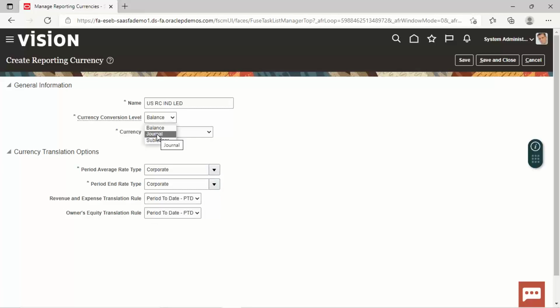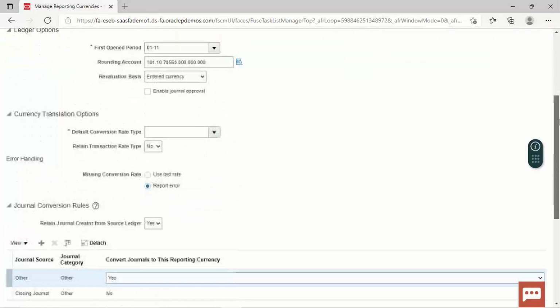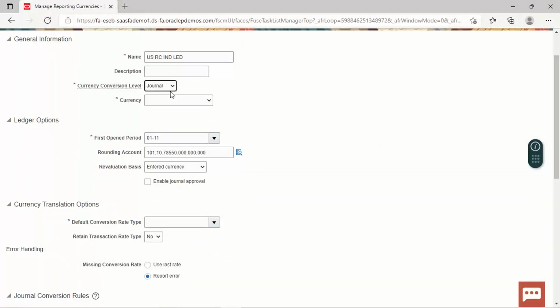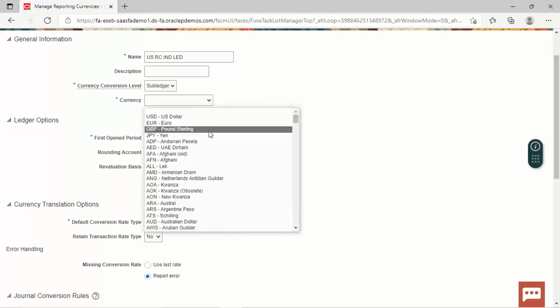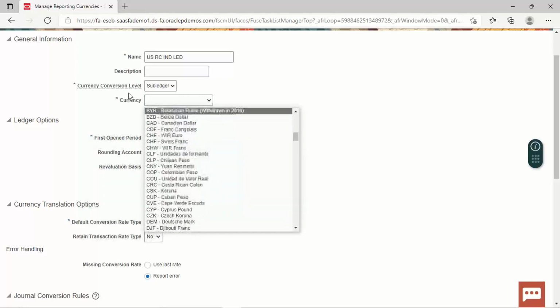But when we select the conversion level as journal or subledger, then the options will change. So for the journal, these will be the options. Likewise, for the subledger, these options will be the same. So we'll set up for the subledger level. Now the currency we'll mention over here is India. I'll quickly search it from here.